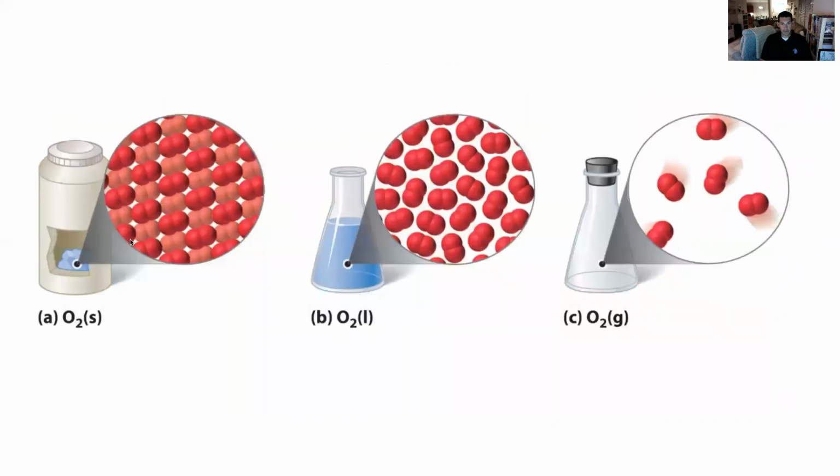All right. Now we can have the same substance. We could think of like just oxygen. You're probably expecting oxygen to be a gas. You can get liquid oxygen if it's cold enough, and if it's really cold, you can get solid oxygen, right? So it doesn't change the fact that it's oxygen in these three pictures, but how close those molecules are dictates which state of matter it's in. So solid, liquid, or gas. These are its physical properties, but the substance that it is, is oxygen.